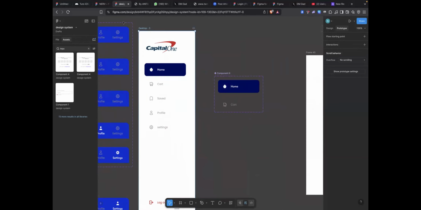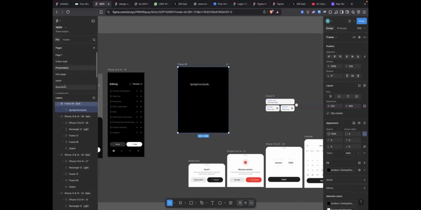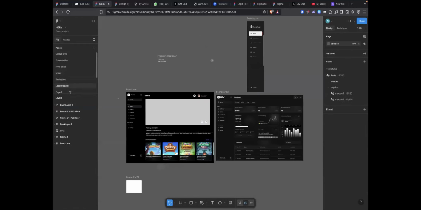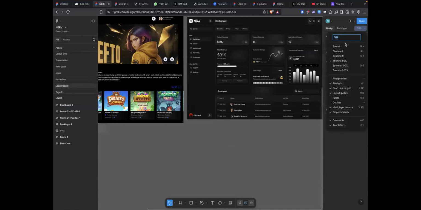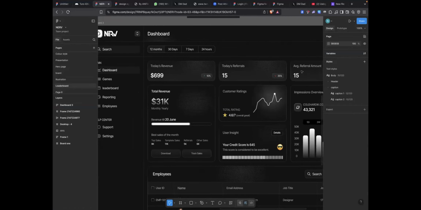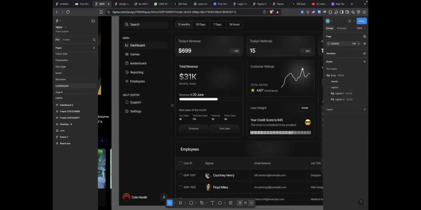Right now, I'm not using this component. I think I'm using another work. Let me show the one I'm currently using, because this one I'm designing a game product. That's what we're doing here. So you see this is another sidebar, which is still okay, because this is what I want for the design.